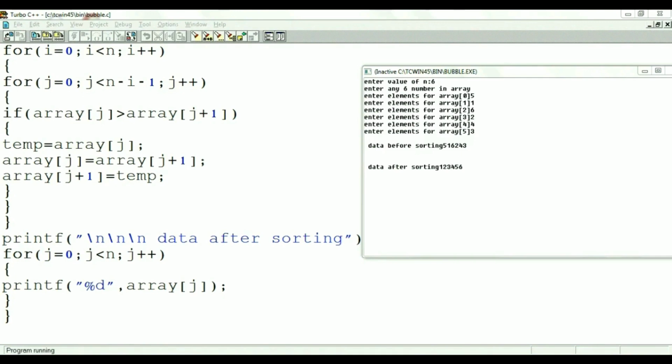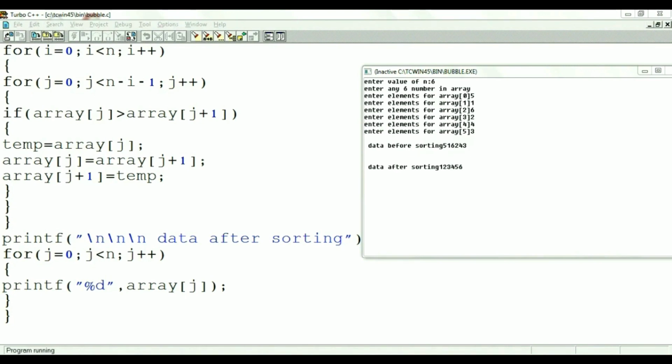Then as the condition is true, the loop will be entered and the if condition is checked. If array of j, that is array of 0, greater than array of 0 plus 1, means that the adjacent elements are checked if greater than or not, that is 5 and 1. 5 at array of 0 and 1 at array of 1.